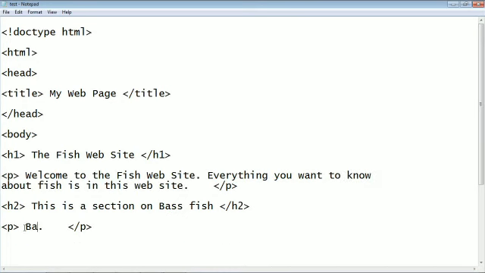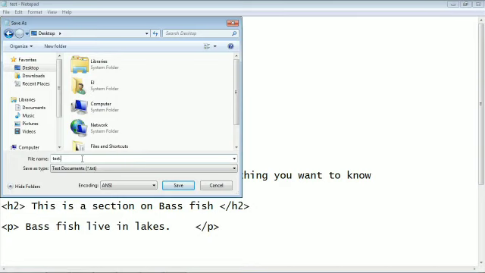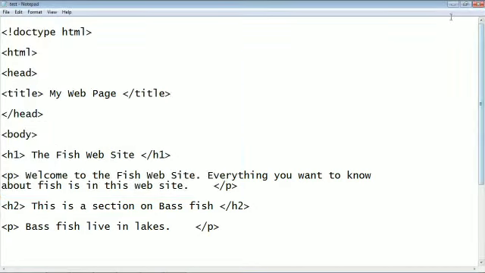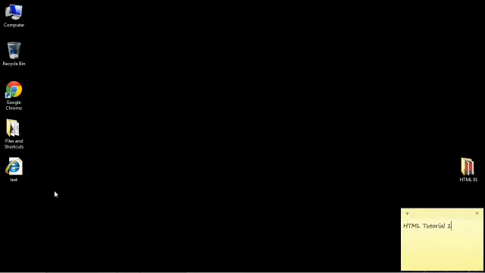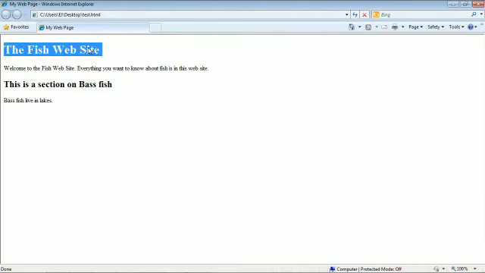Same as now, see, this is our paragraph. Next paragraph, so write down the content in your paragraph. This will show as a paragraph on your web page. Next we will save your file for future use. Write down the name of your file with the extension .html and click on save, and then close it. See, this file is shown on your desktop as an Internet Explorer icon, and after that see the output on your web browser.